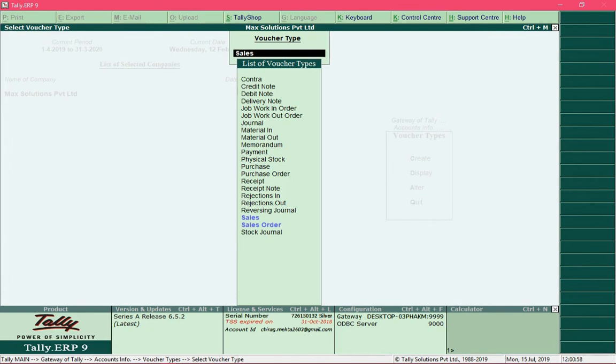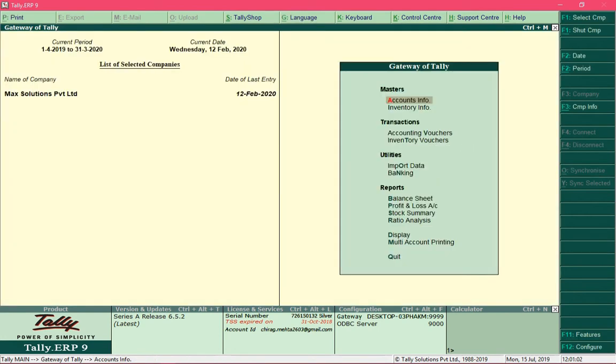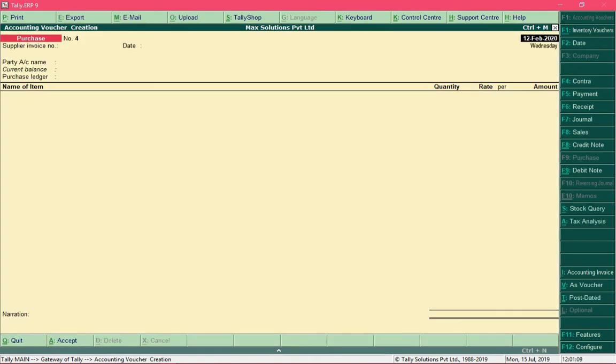Now we will record the entry. Press the escape key and reach Gateway of Tally, and select accounting vouchers and press F8 to open sales voucher.